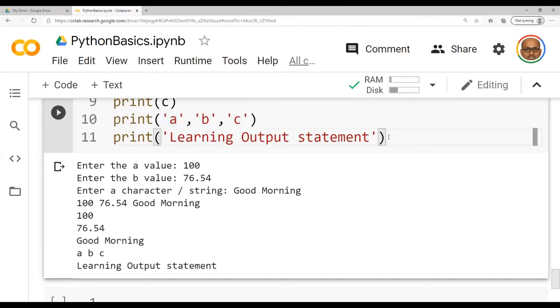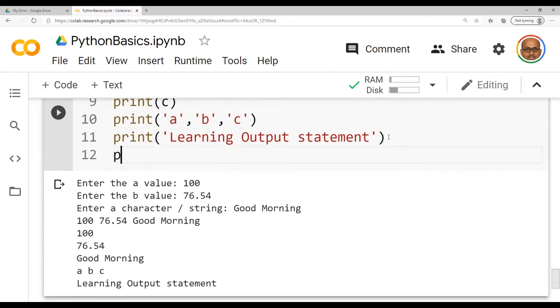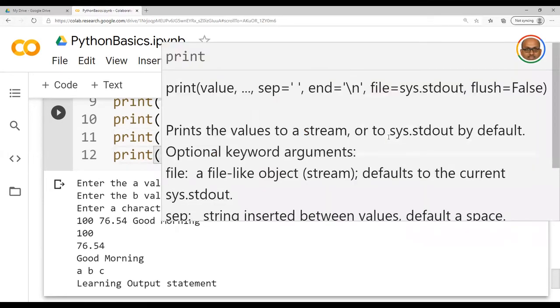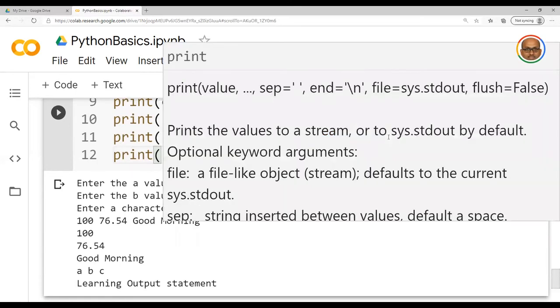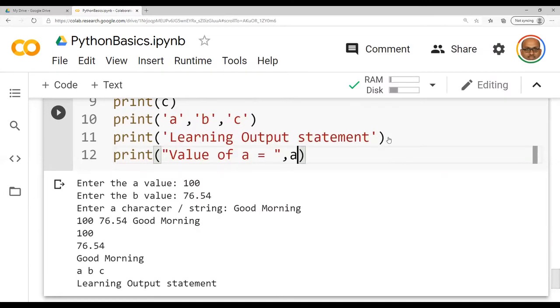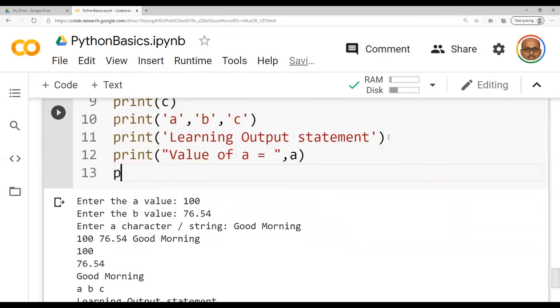All right. And then another two more things in the print statement we have to check. Let us try to give double quotes also. Value of A equal to, I am trying to give A. Print value of B equal to.